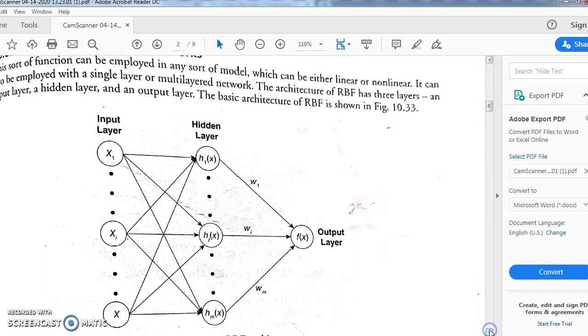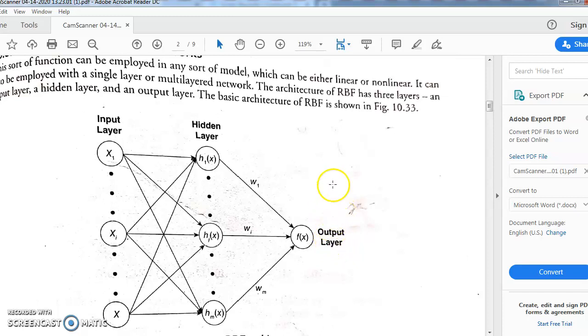We can see the RBF network here, the radial basis function network. It is the same as the neural network architecture, which consists of an input layer, hidden layer and output layer. This is a single layer network. In the single layer RBF network, there is only one hidden layer. At the hidden layer we apply the radial basis function so that the initial data points will be transformed into other data points in a higher dimension space, and with the help of weights we will decide the output class at the end.